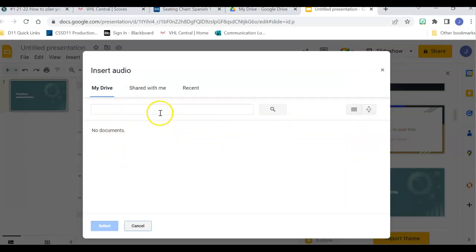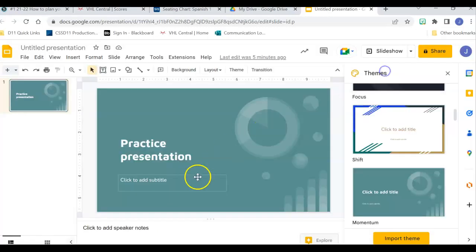Again, there's no audio file here, so you would have to pre-record it, save it into your Google Drive, and then upload that into the presentation, and then you also would have to share all those audio files as well when you posted it. And again, apparently when you post it onto Padlet, it actually will change it back to either a PDF or a PowerPoint presentation, but then loses those audio files. So an easy way to fix that, to bypass all that gobbledygook, is we're going to use